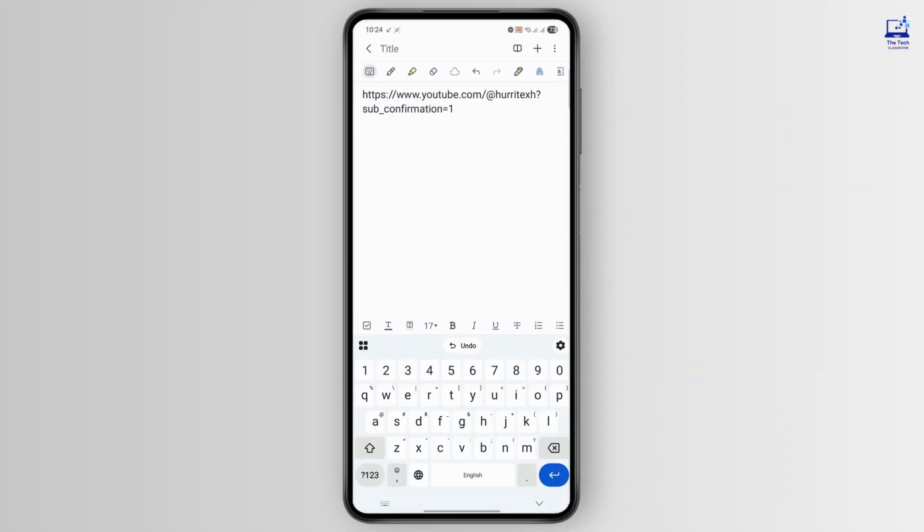From here, at the very end of your channel URL, add the following text: ?sub_confirmation=1. At this stage, your full auto-subscribe link should now look something like youtube.com/yourchannel?sub_confirmation=1. After this, copy the full updated link and paste it anywhere you want, your video descriptions, channel